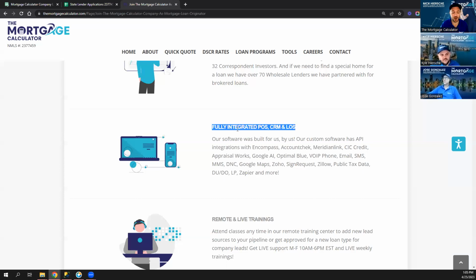Our software was built for us and uses all the API integrations you're used to. So the customer and you as the loan officer only have one login to go to, one login for you and one login for your customer throughout the whole process. Our API integrates with Encompass, AccountChek for VOEs, VOIs, VOAs, MeridianLink and CIC Credit for credit, which obviously gets pulled instantly.